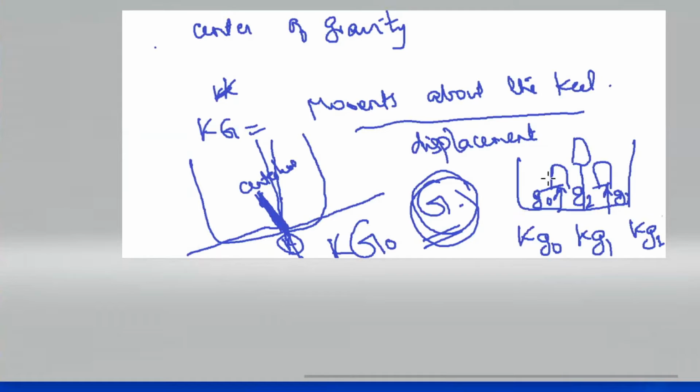Then I shift it around. I take this KG0, I put it here, it becomes something else. So when you shift this around, this KG will change into a KG1. So there is a change in the center of gravity of the different weights, the center of gravity of that weight itself, and the center of gravity of the ship. The whole ship will have one big center of gravity. It is dependent upon the centers of gravity and the weights of the individual masses. That you know, but I'm just repeating it.